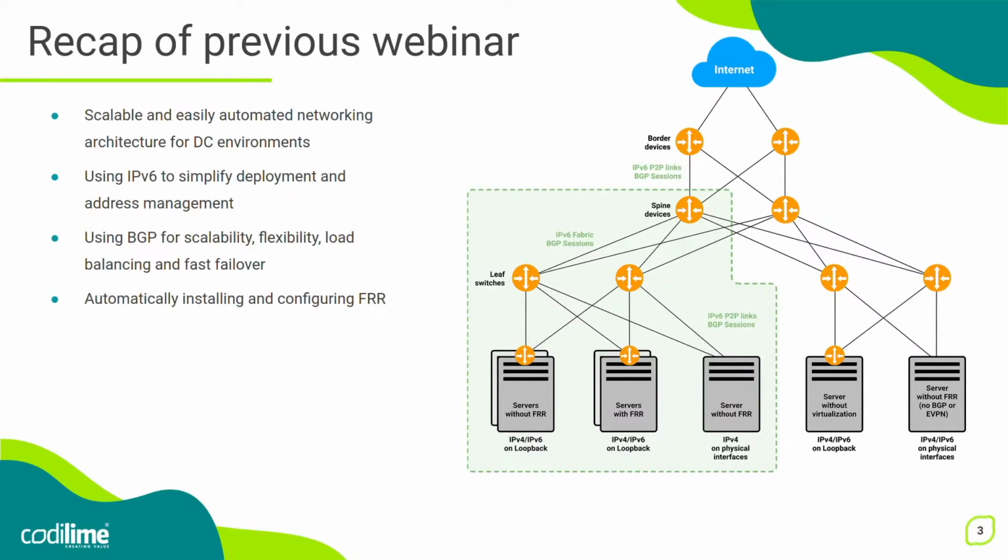Thanks to using a dynamic routing protocol, thanks to using IPv6, we also get the possibility to use neighbor discovery protocol, which is also part of this standard. And thanks to it, we can automatically establish BGP sessions between, for example, our servers and the networking devices. So we do not need to manually specify the IP addresses of peers in the BGP configuration.